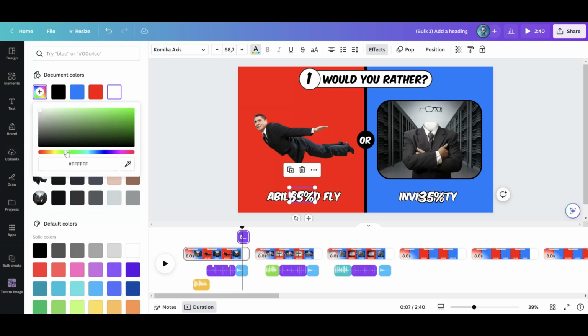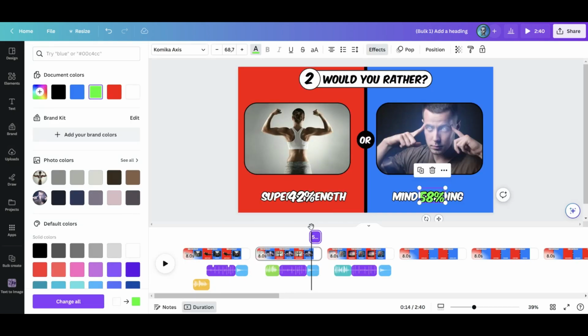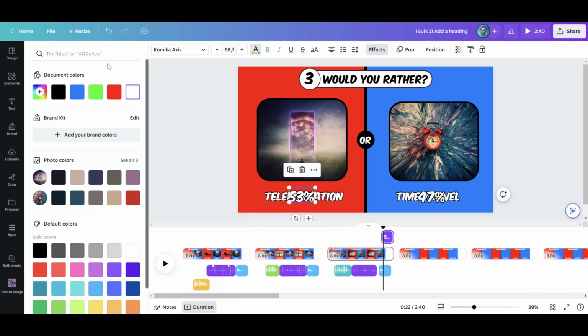Also, another quality detail is to change the color of the highest percentage to green. This will make your video more attractive. And the final result: